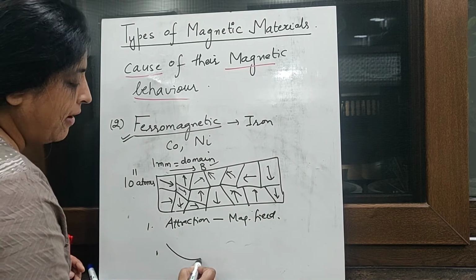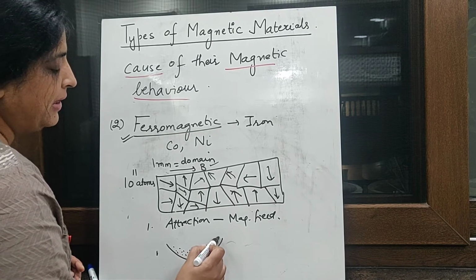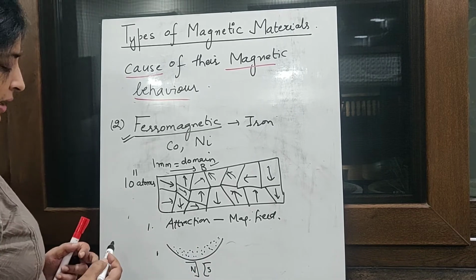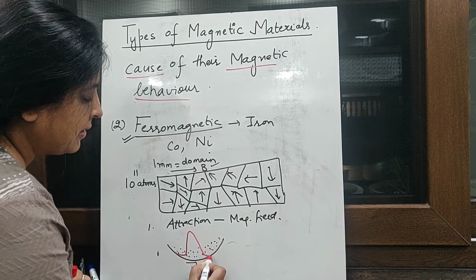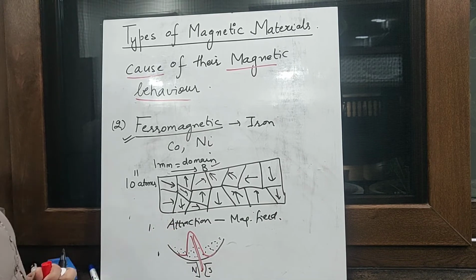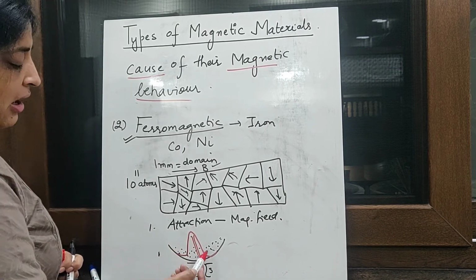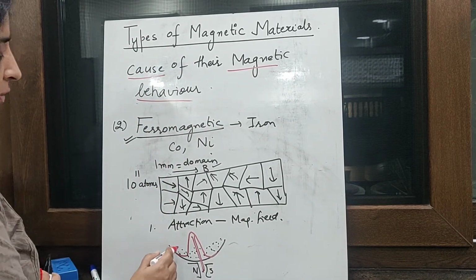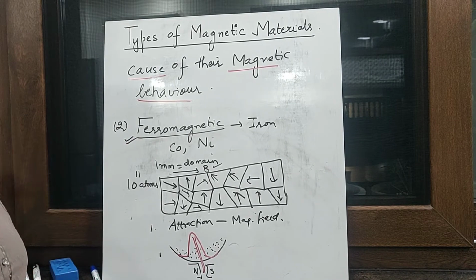So again, if you have a china dish and you have a powdered substance which is made up of a ferromagnetic material, and you place magnetic poles over here, then this heap will immediately shift from this to this. So the whole of the material will try to shift into this region, where this region is a region of strong magnetic field. The material will move from a region of weak to stronger field, but here most of the material has moved into this field, whereas in the previous case some amount was left here also. Fine. So this is how a ferromagnetic material behaves.